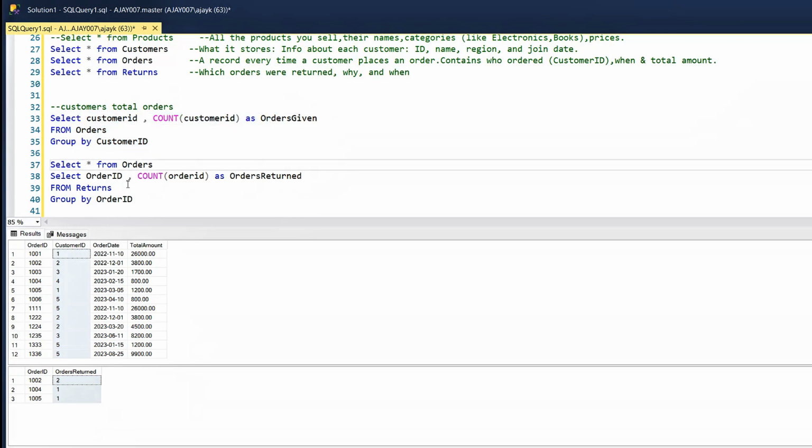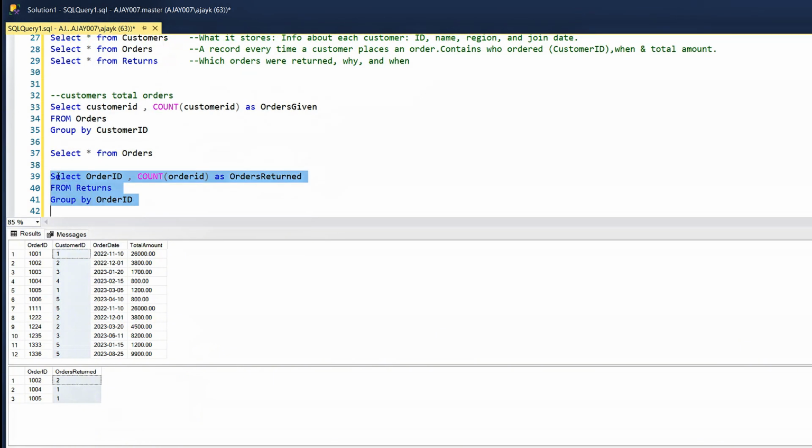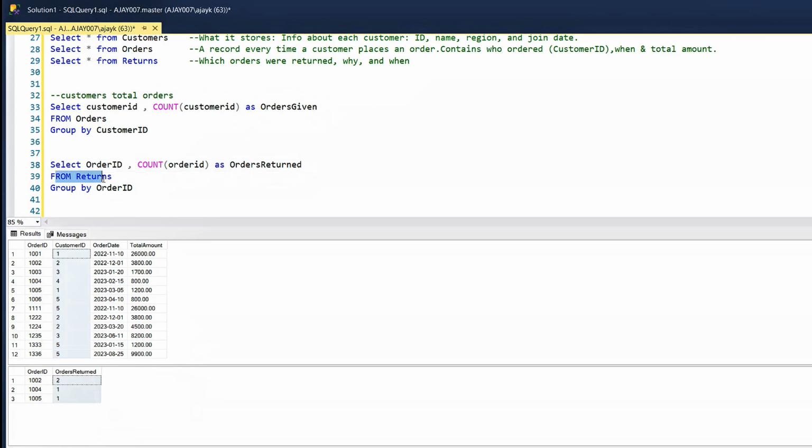So now, since we have already created this return table, if you see here, this is the table, this one, right? So let me just remove this. So let's create a join. So this is our table. It should be joined with the orders table, O, and it should be joined on order ID